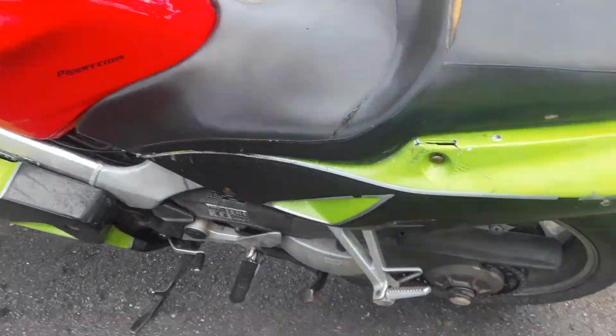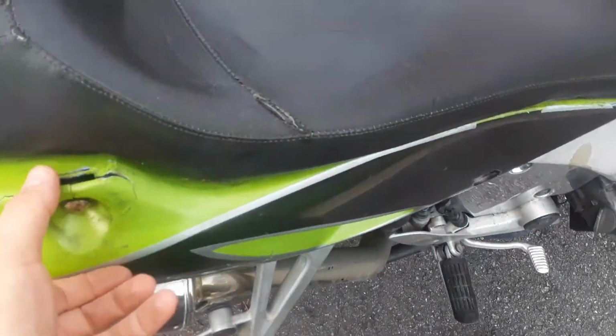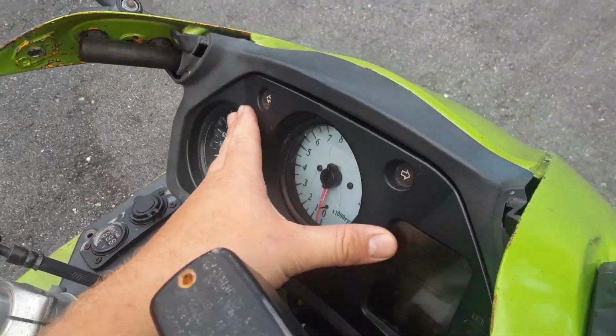There's not a clean fairing on this bike. It's cracked there. It's cracked there. But I'm not too worried about it. It rides fantastic. I got my RAM mount because all this stuff's dead. It's going new. In fact, that's going to be the next thing I do: I'm going to go ahead and order a